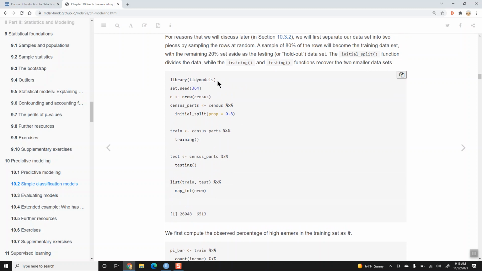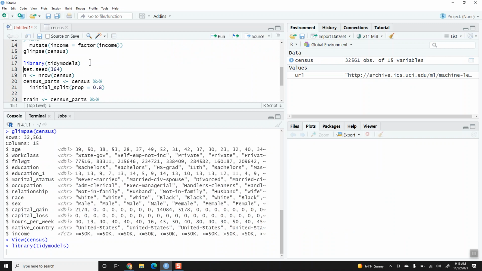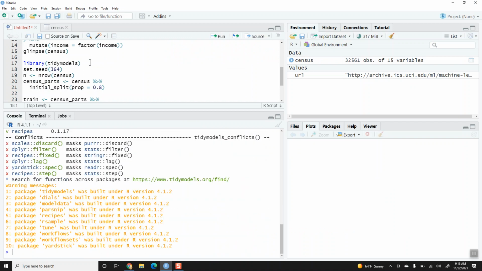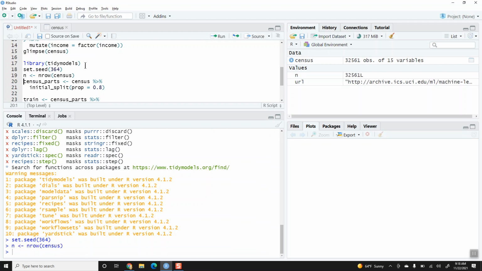I'll go through this line by line, okay? We load up this package called Tidy Models, which loads up some functions for us. Right? It's a big package, so it takes a little while to load. We're going to set the seed so if you wanted to follow along, you're going to get the exact same results. Okay, and then we say, okay, we've got